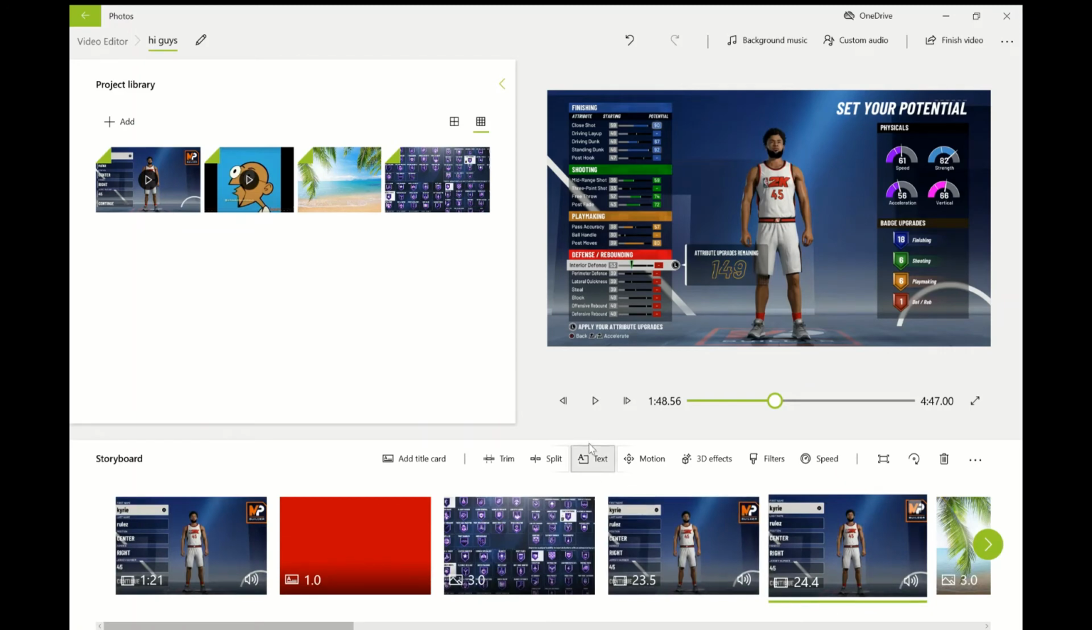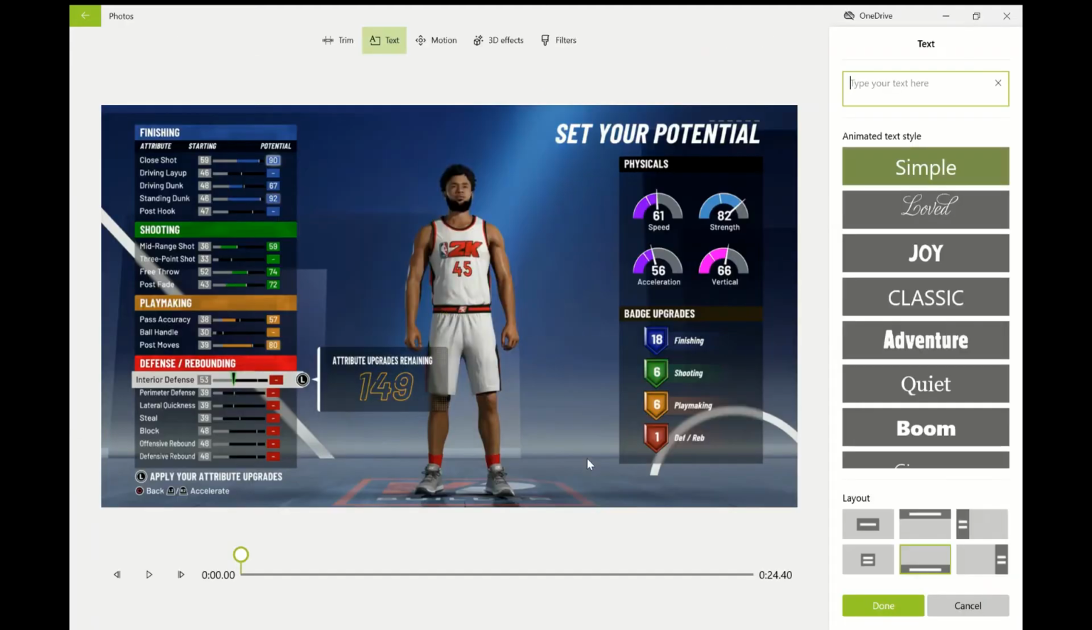So next is text. You can add text to your video clips themselves. You don't need to add a title card or anything. If I'm clicking on this text, I can just do that video. I can click text, and let's see. With some of them, like boom, when I type hi,